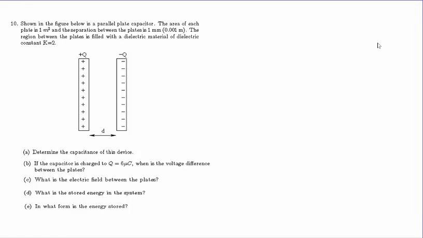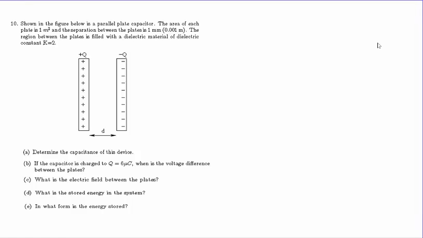Shown in the figure below is a parallel plate capacitor. The area of each plate is 1 square meter, and the separation between the plates is 1 millimeter. The region between the plates is filled with a dielectric material of dielectric constant K equals 2. And we are to find a list of quantities: the capacitance of the device, if it is charged, what is